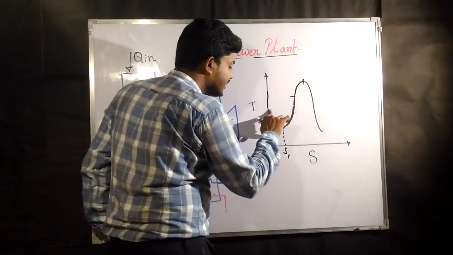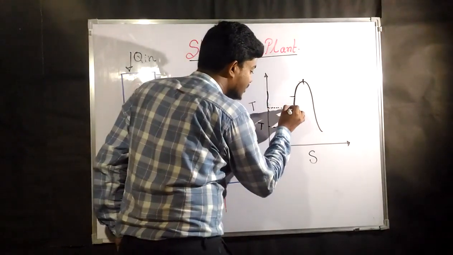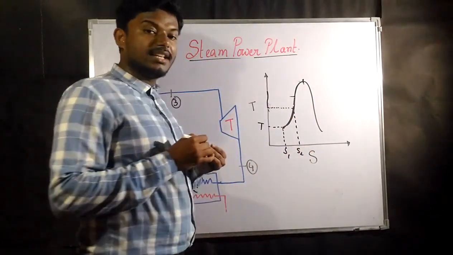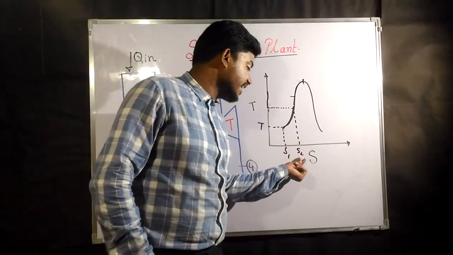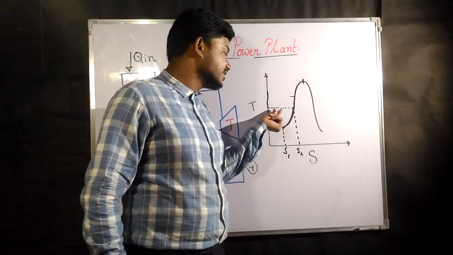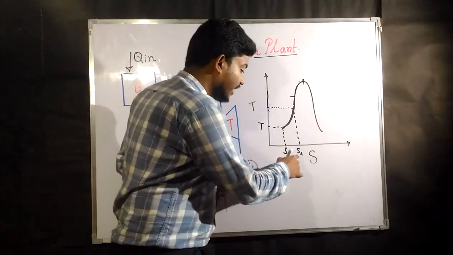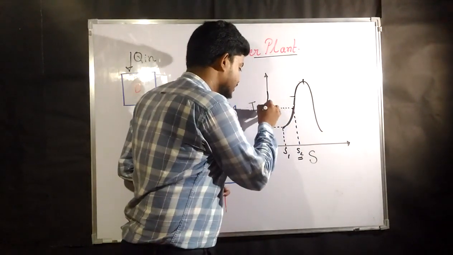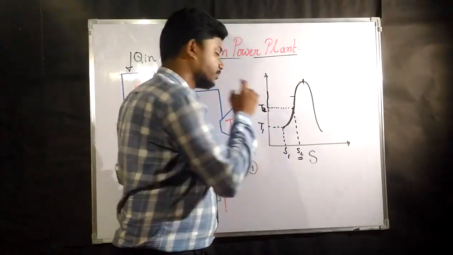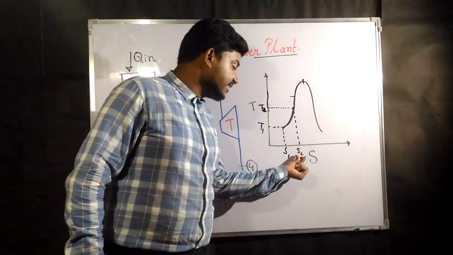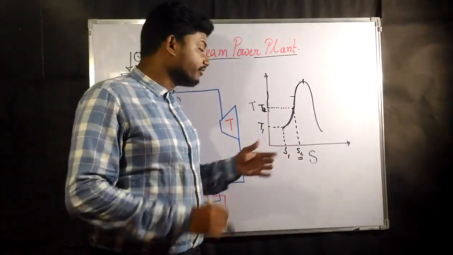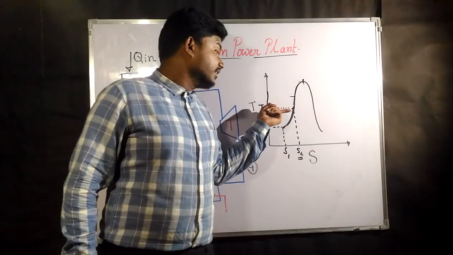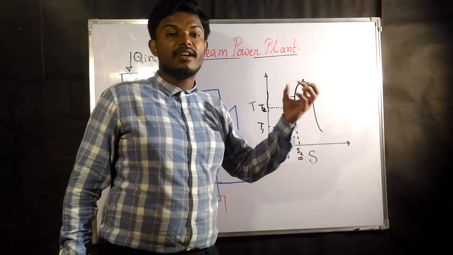Now if you slightly increase the temperature, what will happen? This is going to be your new entropy value. That means at this entropy your liquid can rise up to temperature T2. This is T1 and this is T2, suppose. At this entropy value the temperature of your liquid can rise up to T2, and at this entropy it is going to have the maximum liquid value.